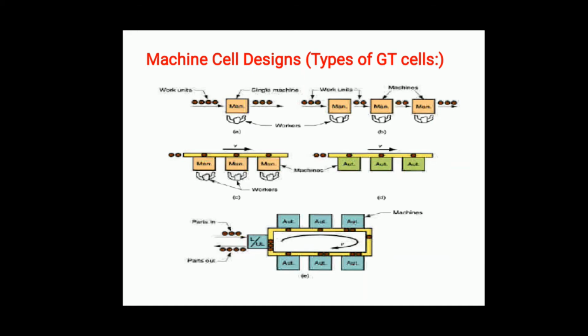And the last one is the flexible manufacturing system. In that system you can see this is also a fully automated system. Here the loading and unloading station is there, parts in, and they go through the required workstations, and after completing this they are phased out to the parts out section. So that is your finished and good ones. Okay, so these are some types of machine cell designs. This is only for information purposes, on how we are going to manufacture with different machine cell designs. Okay, so we'll see the next part.